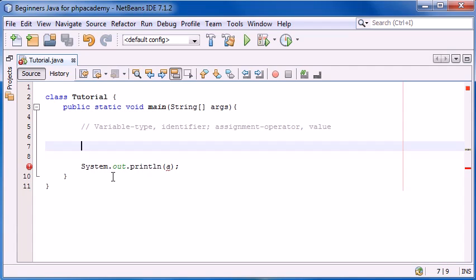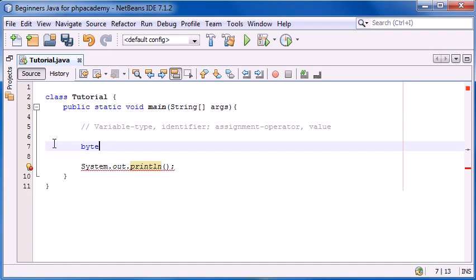So this may not be entirely relevant to learning Java, but it's still good. So let me just remove that because a doesn't exist anymore. So the first variable type, or I'll go up in order of size actually, the smallest variable type we have is a byte. And you can see it highlights in blue because it's a keyword, and you probably already know what a byte